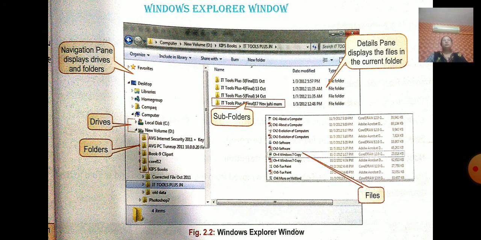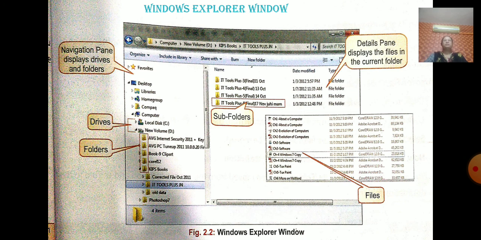Same thing, how to move a folder. Moving a folder or file means shifting it from its original location to another location. That is known as moving a file or folder. So how will you move the folder? Click on any file or folder, click the right mouse button and select Cut. When you are moving, you have to select the Cut option, cut and paste. When you want to copy the file, you will copy and paste. When you want to move the file from one place to another, you use cut and paste.